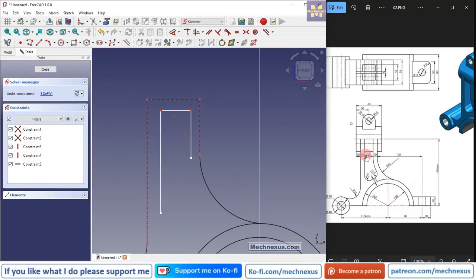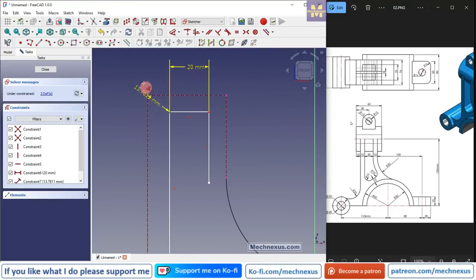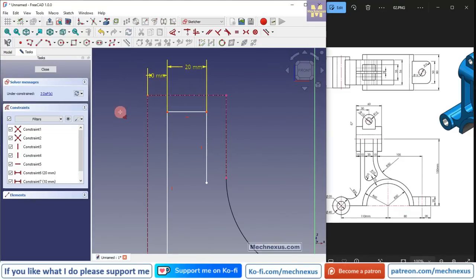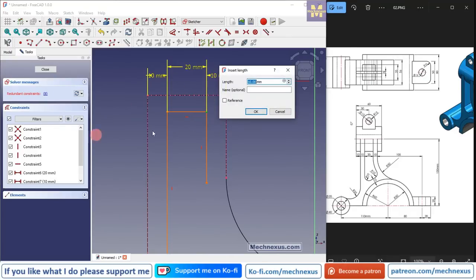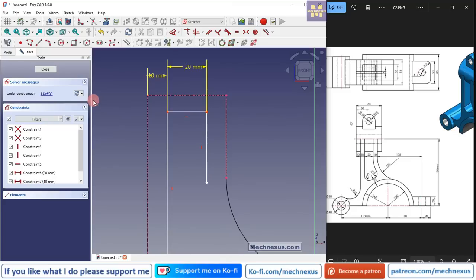And if you see here, the width of 20 mm is given, so I will give it 20 and select this and this. I will give it 10 mm, and from here it is 10 mm. It is over defining, so I will close it. Now I will select this point and this construction one and make them coincident,